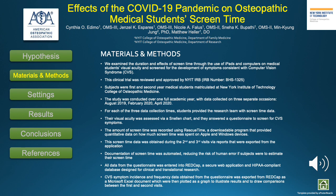The screen time was obtained during the second and third visit via reports that were exported from the application. Documentation of screen time was automated, reducing the risk of human error if subjects were to estimate their screen time. All data from the questionnaire was entered into REDCap, which is a secure web application and HIPAA-compliant database designed for clinical and translational research. CVS symptoms incidence and frequency data obtained from the questionnaire was exported from REDCap as a Microsoft Excel document, which was then plotted as a graph to illustrate results and draw comparisons between the first and